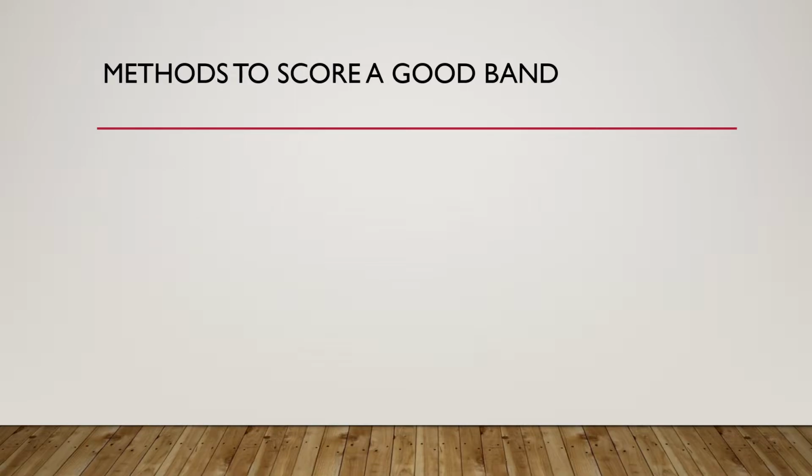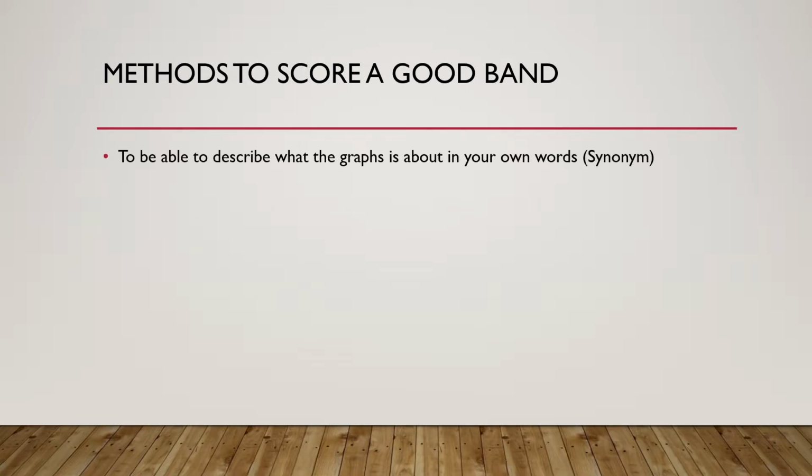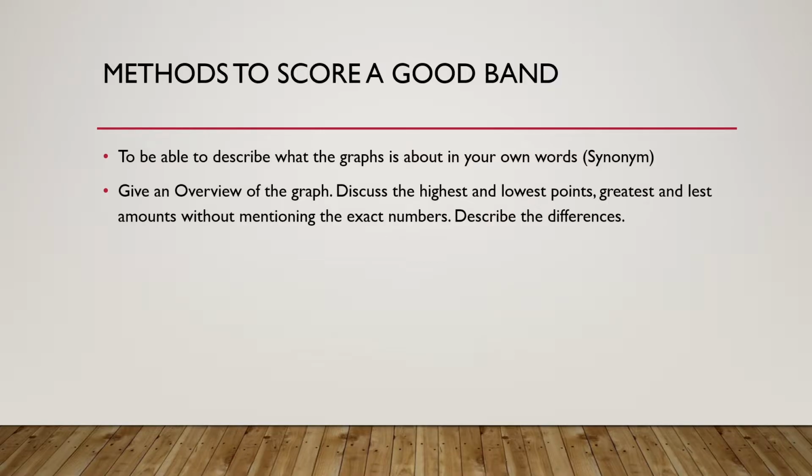So these are the methods to be followed for a good band score. You should be able to describe the graphs in your own words. Try to use as many synonyms as possible. Try to give an overview of the graph. Try to point out the highest and lowest points in the graph, and the greatest and the least amounts, without